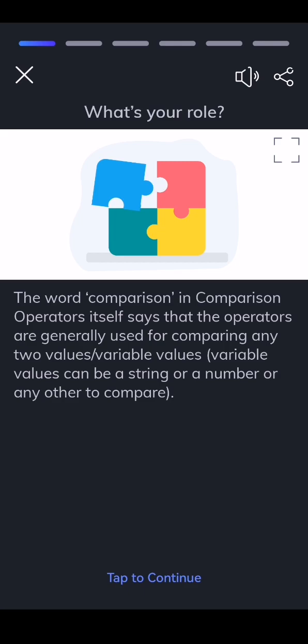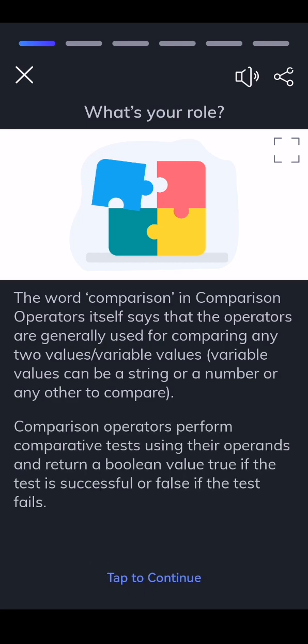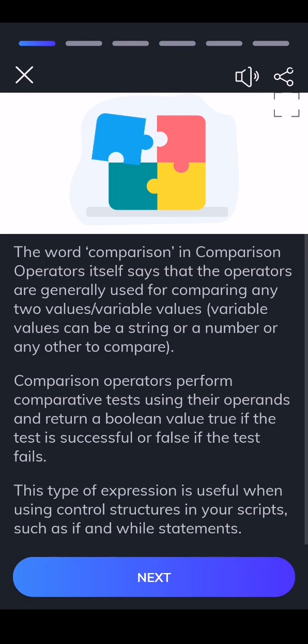The word comparison in comparison operators itself says that the operators are generally used for comparing any two values. Variable values can be a string or a number or any other type to compare. Comparison operators perform comparative tests using their operands and return a boolean value: true if the test is successful or false if the test fails. This type of expression is useful when using control structures in your scripts, such as if and while statements,